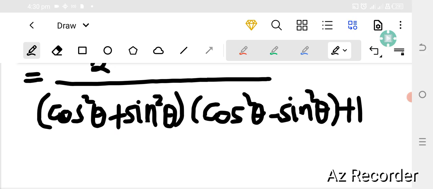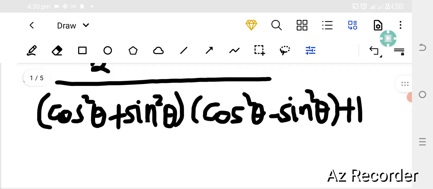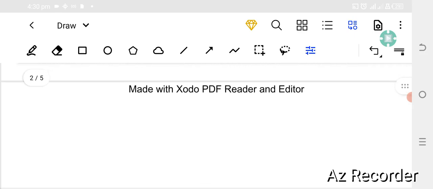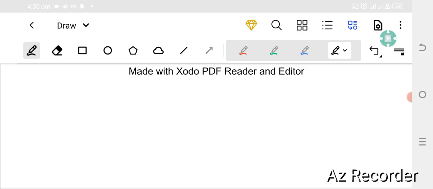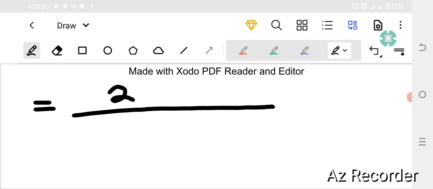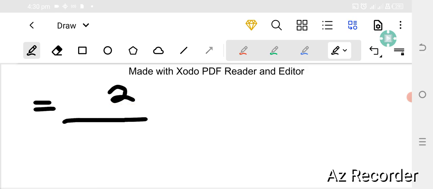It's going to give us 1. So we just start considering this bracket right here, and we're just going to write it as it looks. So it's simply going to become 2 divided by,